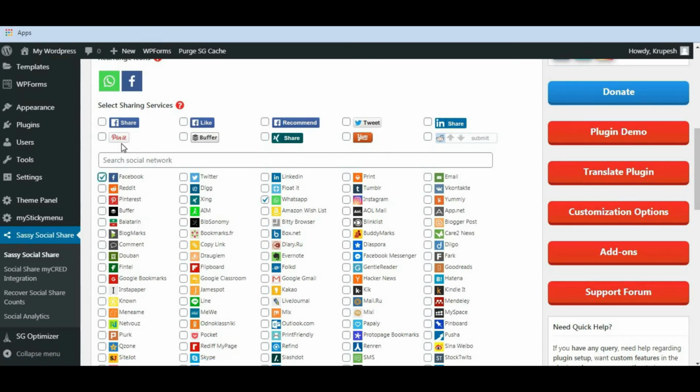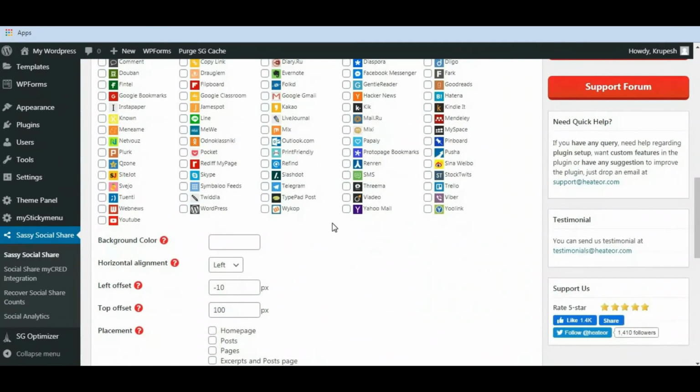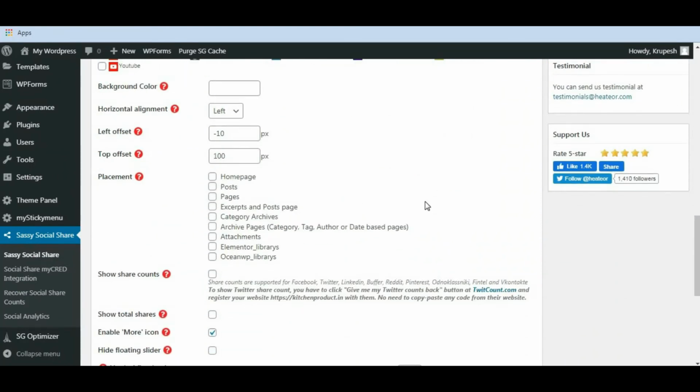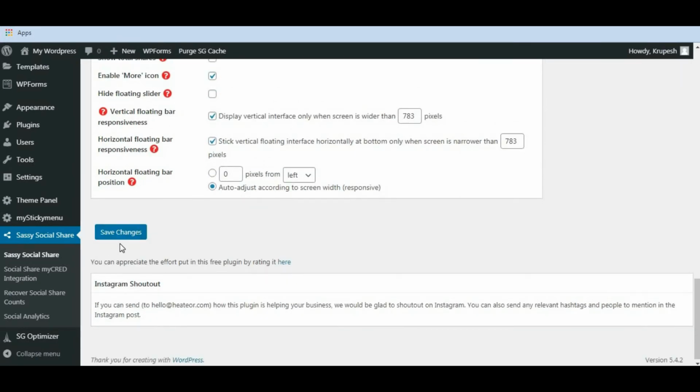WhatsApp is already selected. Then click on Twitter, Instagram. Here it is. So I'm happy with this. Now scroll down. I want to display the floating sharing button on the home page, so I will select the placement home page, post and pages. Now scroll down and click on save changes.